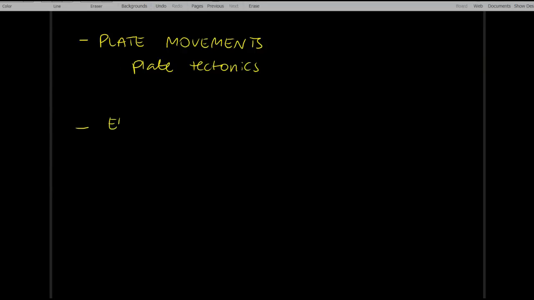Going back, a couple more things we talked about. We talked about plate movements, right? So you have plate tectonics that will allow for the climate to be different as the plates move around the globe. We did discuss the El Nino, La Nina oscillation, also known as ENSO, the El Nino Southern Oscillation, and that talked about the ocean surface water changing over time because of the change